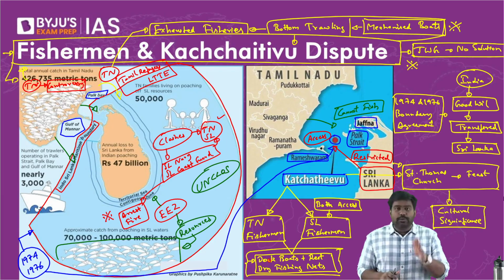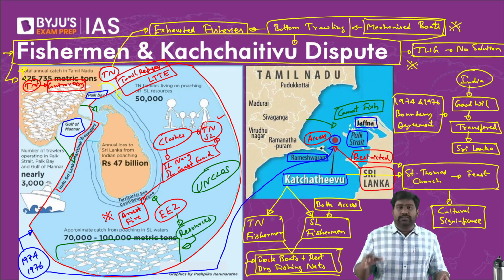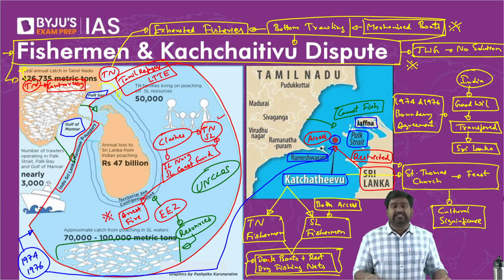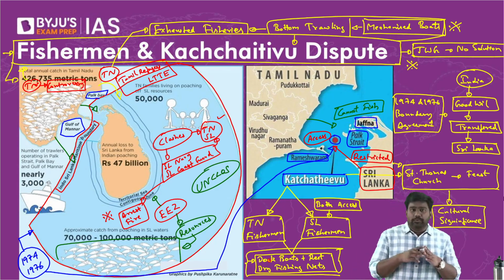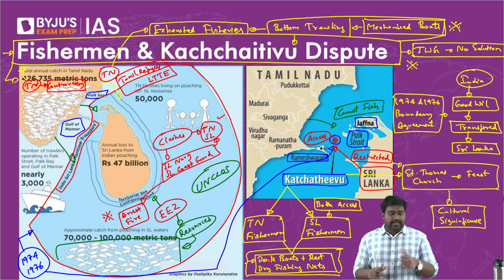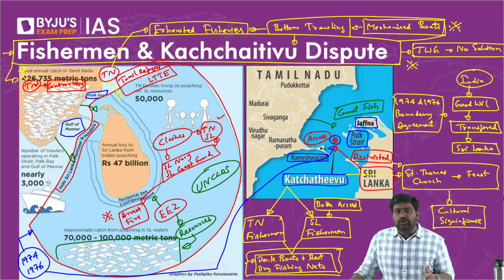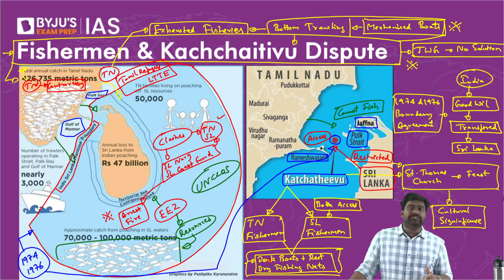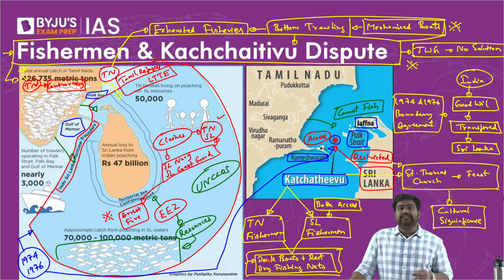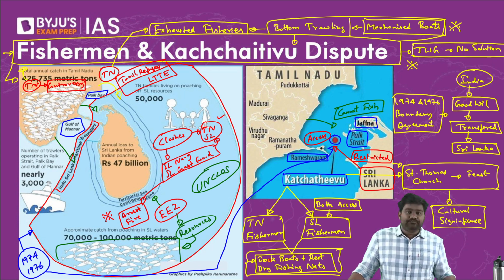That's a violation of UN clause and international law. The fishes here are Sri Lankan resources, not Indian resources. The island can be used according to our boundary agreement only to rest and dock and to access the church and the festival, which is of cultural religious significance. But Sri Lanka has deliberately blocked the access, and along with that, Indian fishermen are also deliberately crossing to fish in Sri Lankan waters. This is what leads to the crisis and triggers these tensions between India and Sri Lanka.